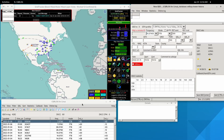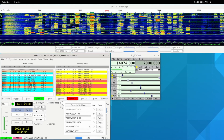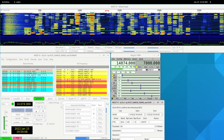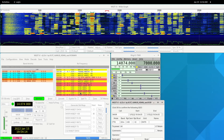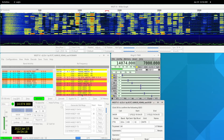This setup's a little different in that it's not actually controlling the radio. FLRig is. So here I have made a contact, and I hope I made a contact. So we're going to send him another RR73,